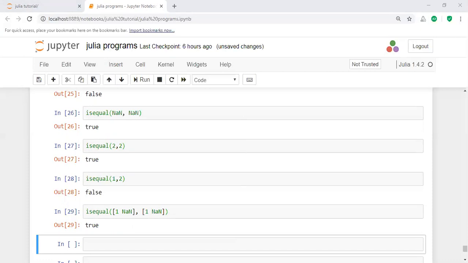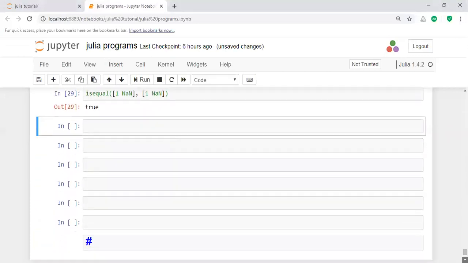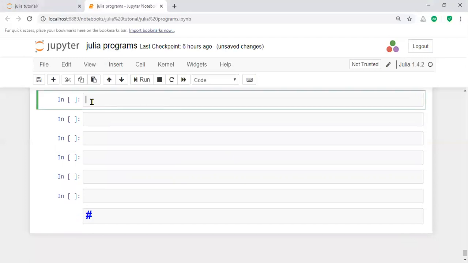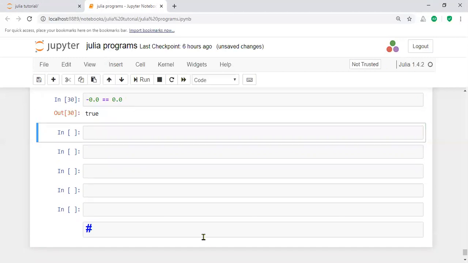For example, let us take a simple example: minus 0.0 equal to 0.0 is true, both are similar values.